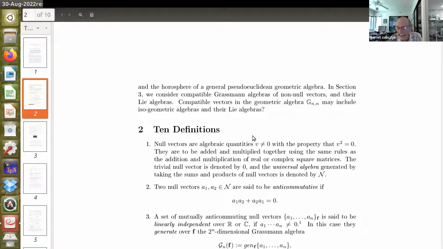In fact, that's the idea, that we're going to get a Clifford algebra by taking two compatible Grassmann algebras, by defining what I mean by duality between those two Grassmann algebras. So think about it like that. Definition number one: null vectors are one-vectors in a Grassmann algebra. Well, they're the basic